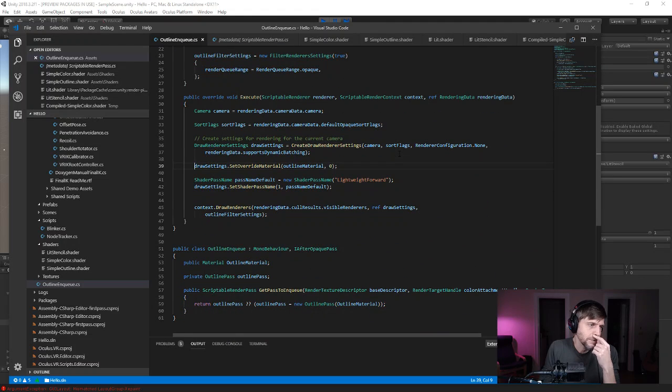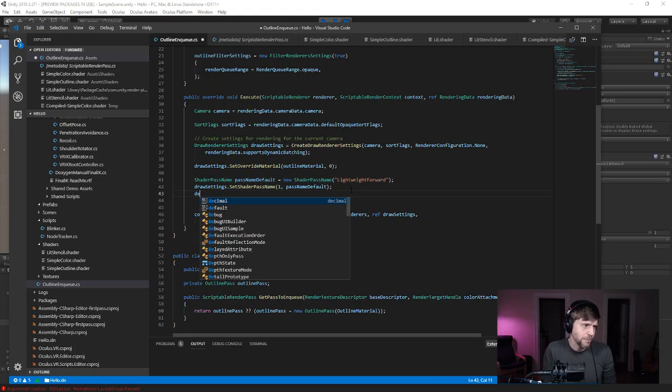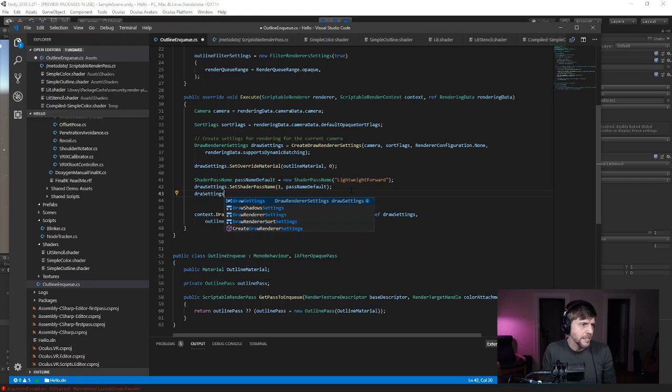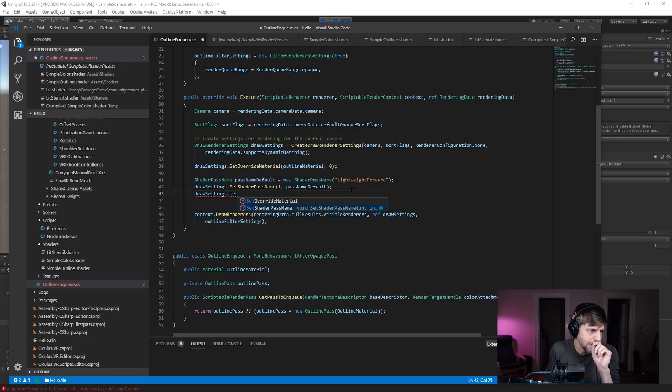And that seems like what this should do. Like this set shader path, maybe that's not what that's supposed to do at all, but that seems like what it should be. Draw settings, set. Instead of setting an override material, I would kind of want to set the shader pass name to,